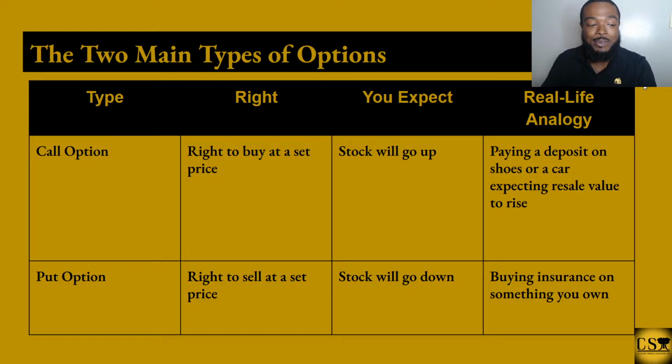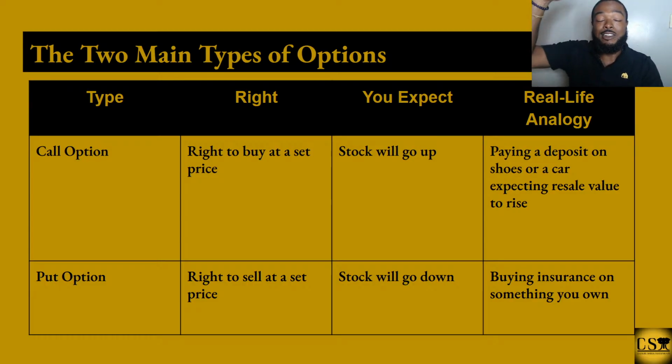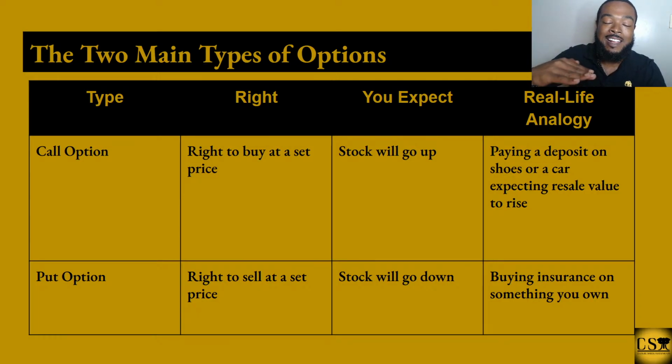And in the put, you have the right to sell at a set price. So if you think that sneaker value is going to drop, right, and you want to make sure you lock in the value at $200 and it goes down to $150, you made $50 per sneaker that you bought. You understand? Because they're going to give it to you for $150, but you have it locked in at the $200 price. So you're betting that the price of something will go down. So it's almost like buying insurance, like I have stated in here. It's buying insurance on a product or an option contract, which is what we're talking about, options.